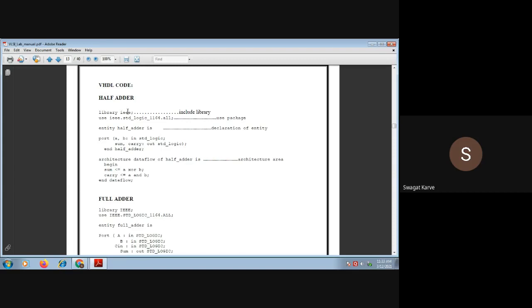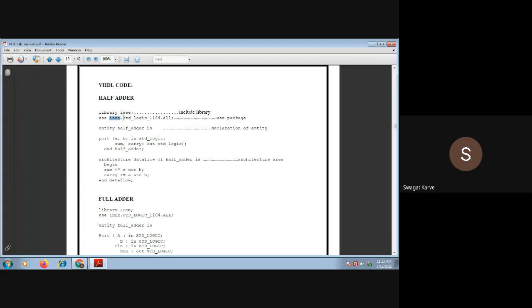First we will define the library. This is the fixed keyword library IEEE. There is an IEEE library, the standard library, that supports this VHDL module. Then we need to define which package we are going to use. So use IEEE dot std_logic_1164 dot all.